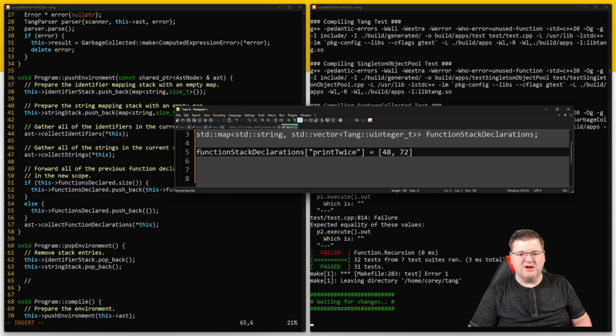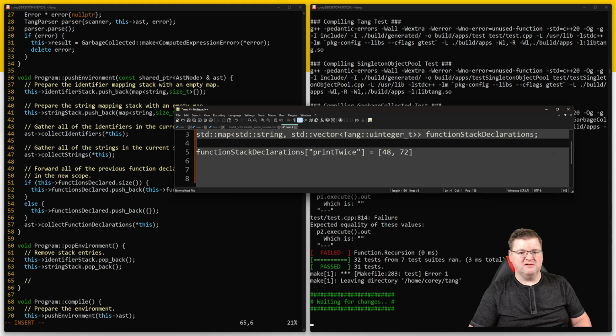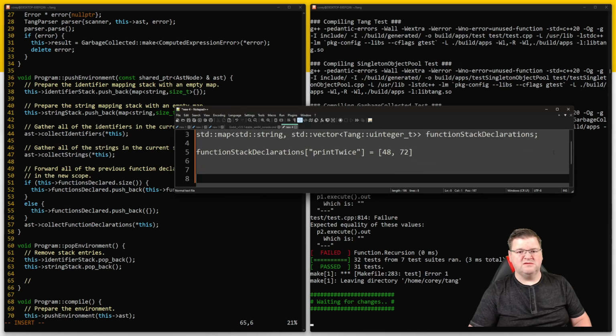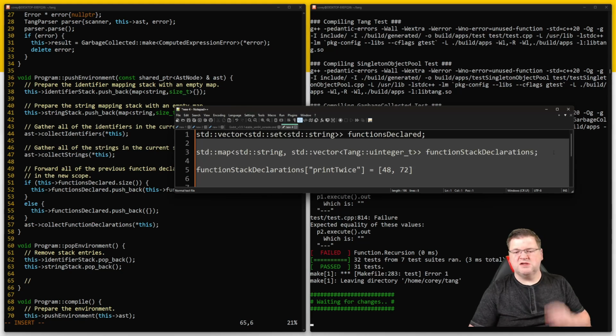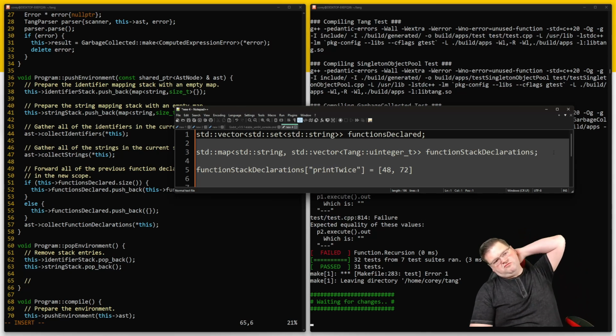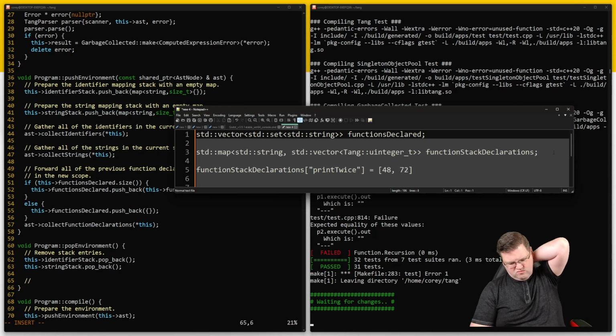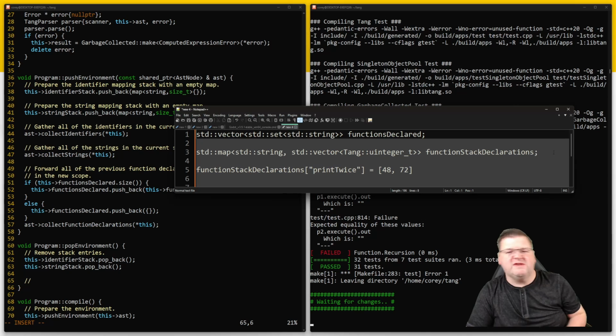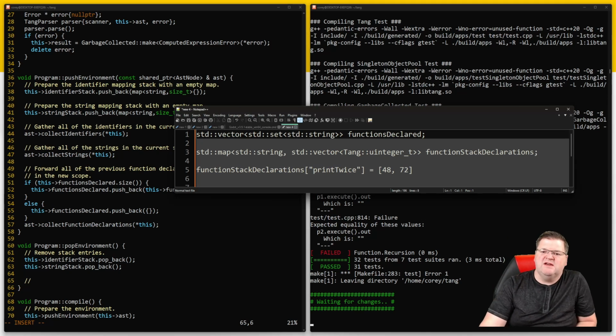And I should be able to go through that and say, well, has print twice been declared? So how do I know if it's been declared or not? So this is just functions declared, but